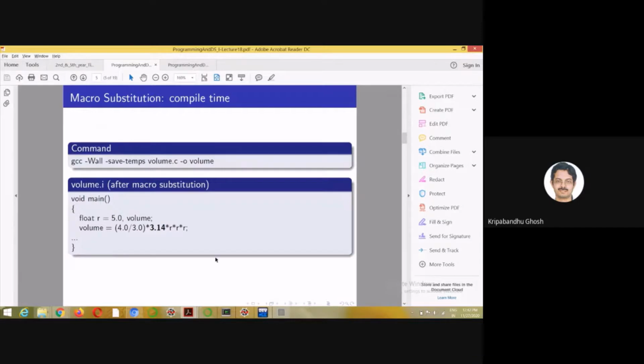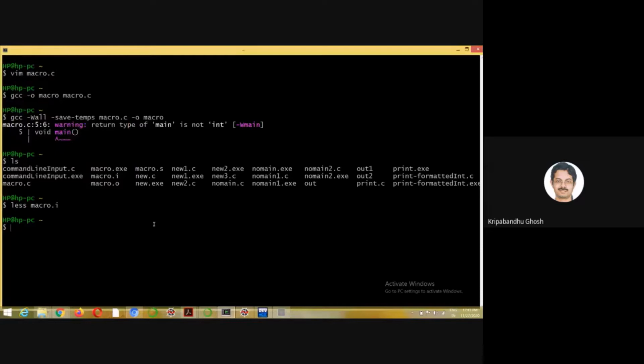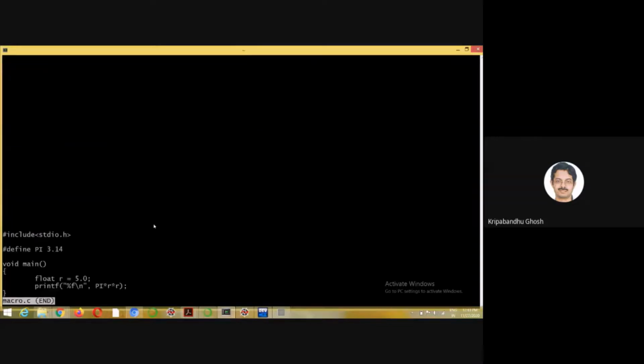If I can show you this, this is a code, macro.c. You can see hash include stdio.h and hash define PI 3.14, void main, float r equals 5.0, and printf PI into r into r.